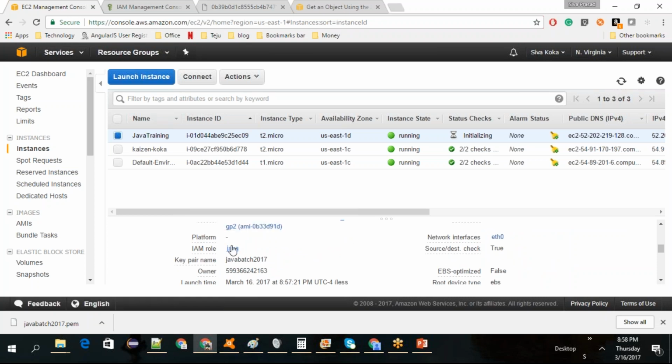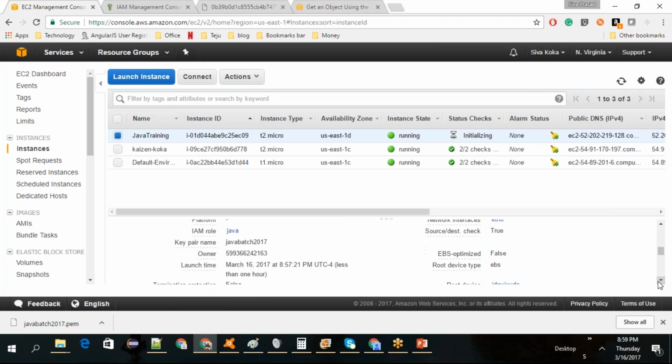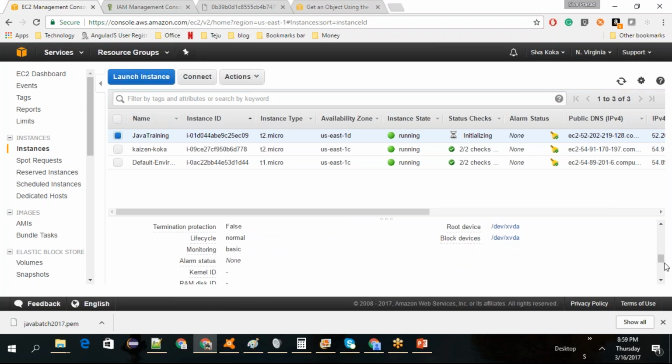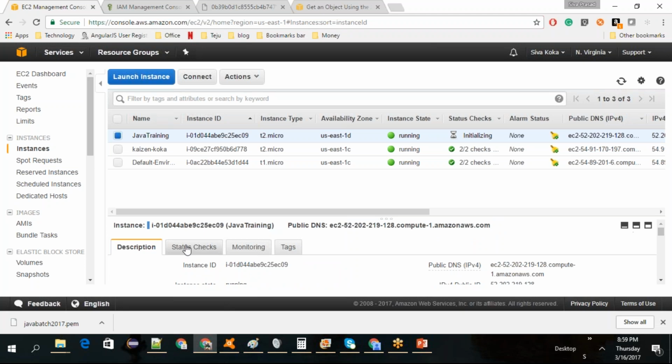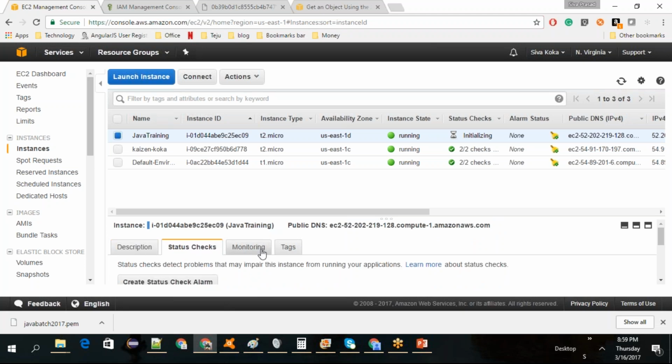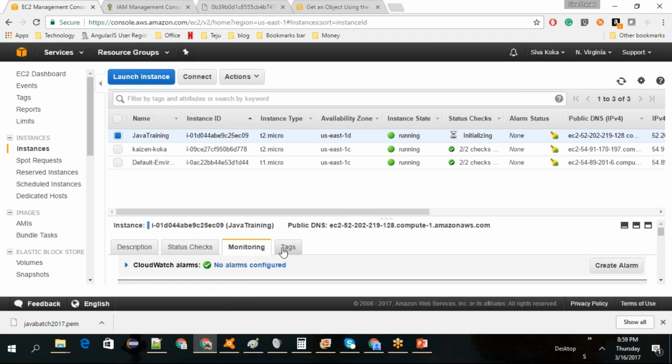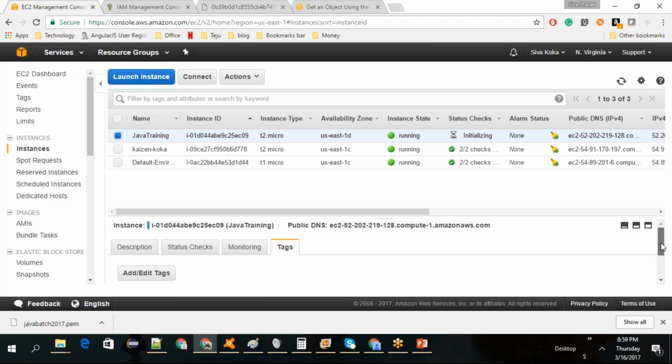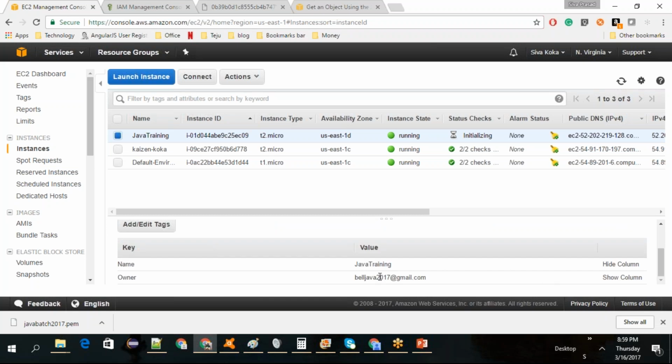If somebody comes with Java, I can provide this role so they can access this system. And this is the owner ID. When they launched, all the details will be there. Then status checks, monitoring. If you have created any tags, they will be available here: Java training, owner info, Java, all these things. As and when this one is ready,